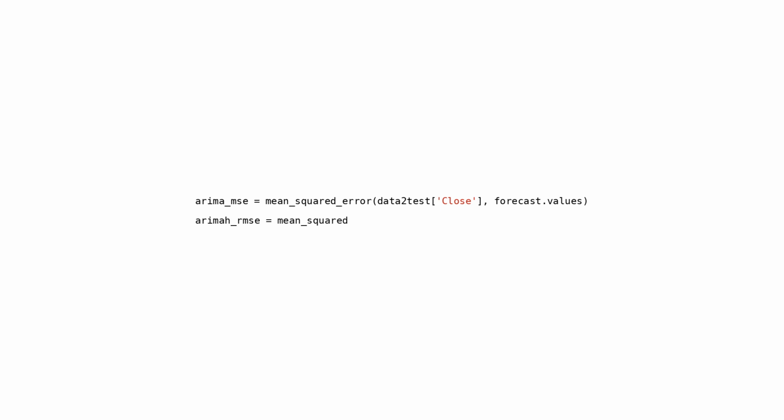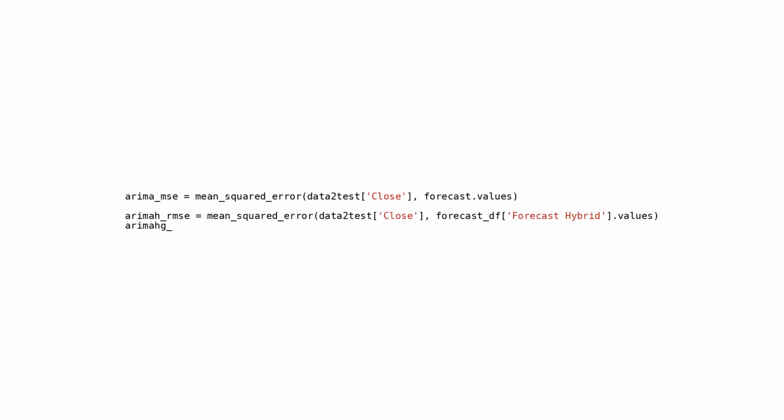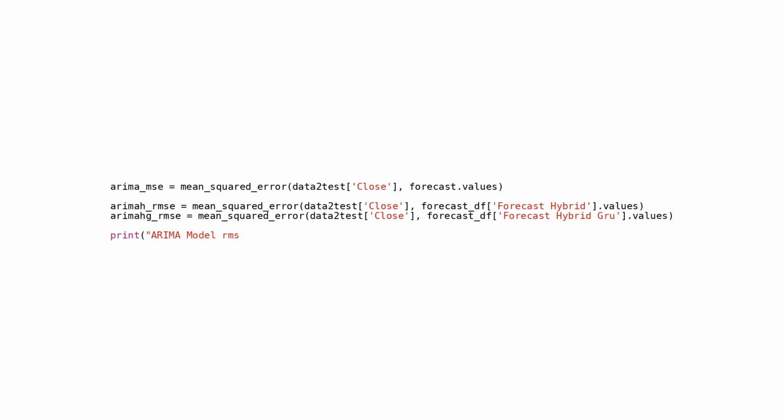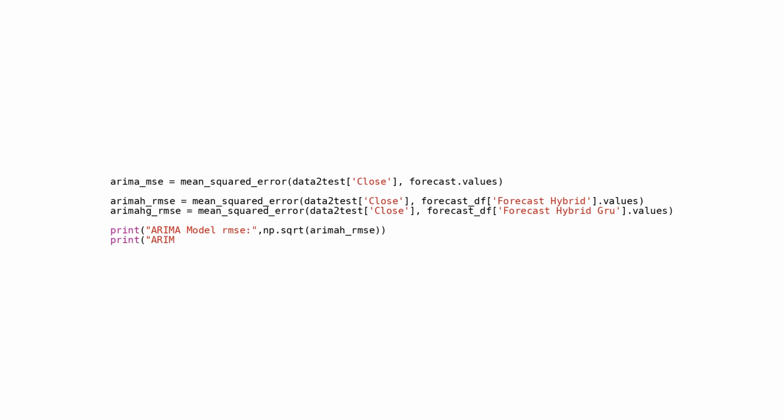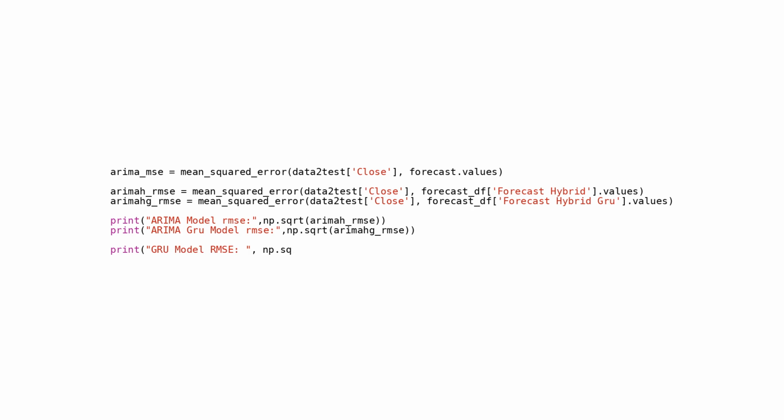This Python code calculates the root mean square errors for 3 forecast models' predictions compared to actual closing prices. It uses a function from a machine learning library to calculate the mean squared error between the actual and predicted values for each model. These errors are then stored in separate variables. The code then prints out the RMSE for each model by taking the square root of the MSE values. However, there may be some confusion in naming conventions, as the variables may not match up correctly with the models